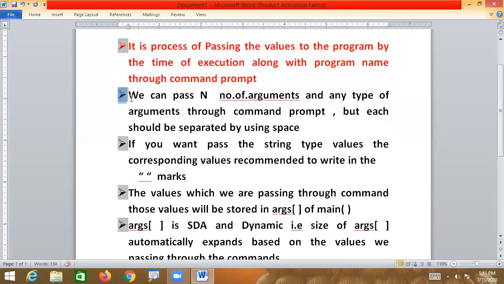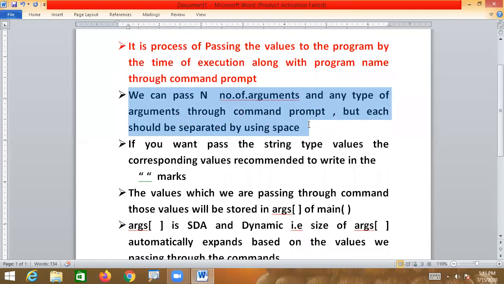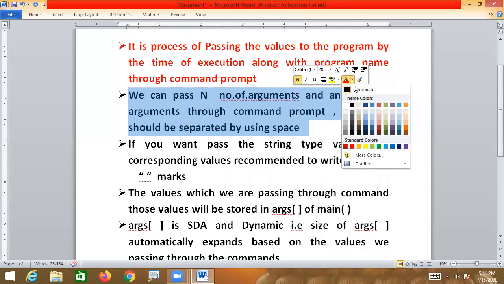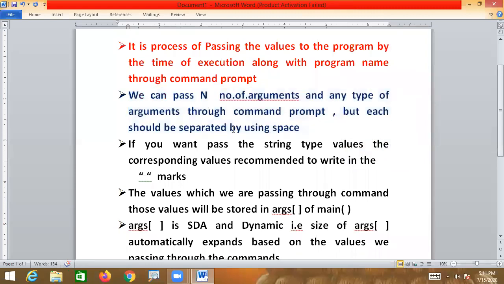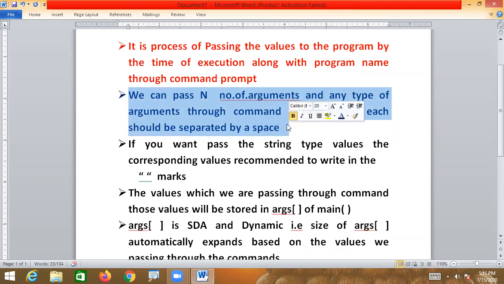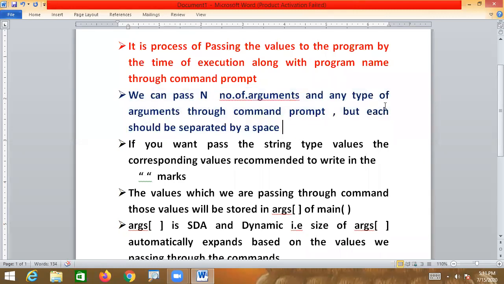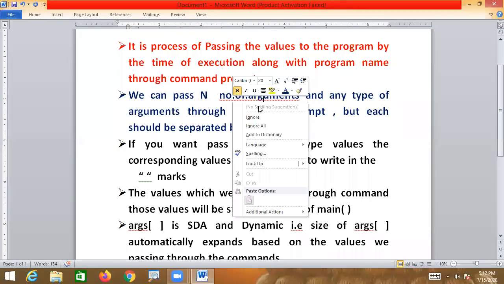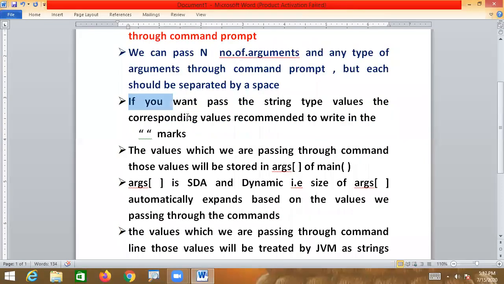Second point, we can pass n number of arguments and any type of arguments, but those values should be separated by a space. So another important point, if you want to pass string type values,